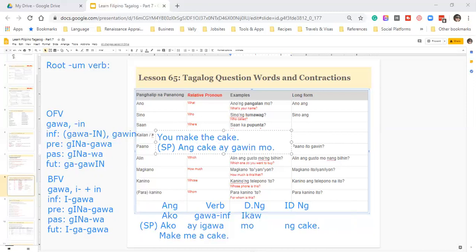So we're talking about the cake here, which is our object, not the benefactor who's receiving the cake. While in the first example we did at the bottom, we're talking about who is going to receive this object, the cake, who's gonna benefit from it. That's why it's called benefactor. The verb is being benefited by the focus, which is ako. By the benefactor. So yes, thank you for your observation.